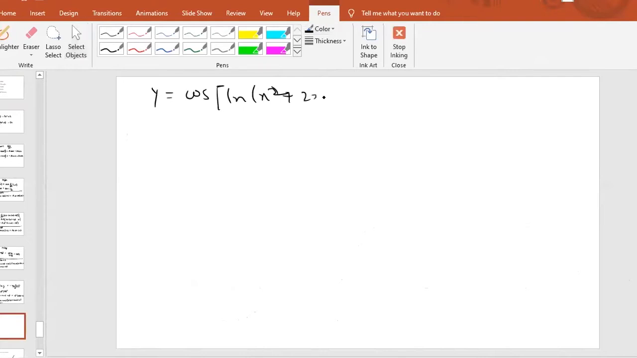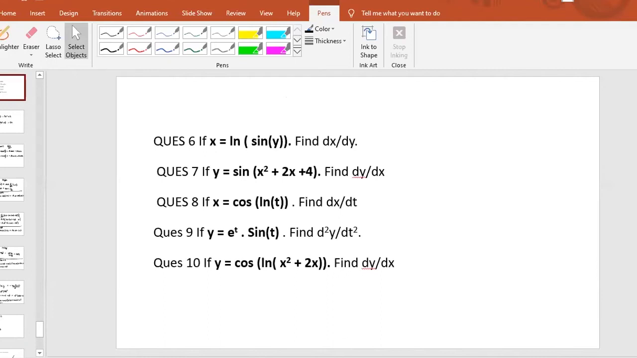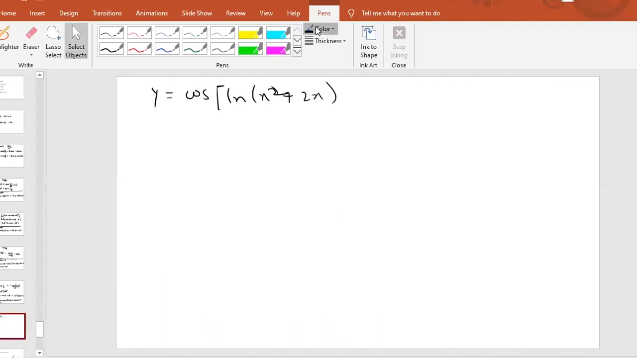Again, it is a function of x. Means we have two functions inside the function. Okay. Fine. So we have to find what? We have to find dy by dx here. Okay. So simple it is. So dy by dx,